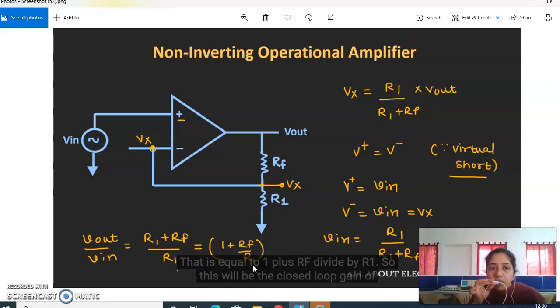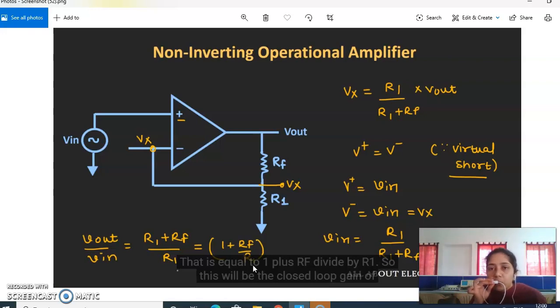So here, whatever input voltage you are applying, for example if Vin equals 1 volt, the output may be 3 volts or 4 volts of DC when we apply a DC voltage. Or when we apply an AC input voltage of 2 volts, we can get 5 volts or 6 volts of AC voltage. One important point we have to note down here is that the input and output are both in phase.